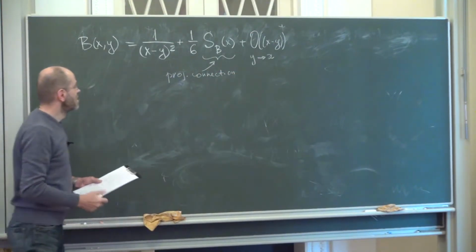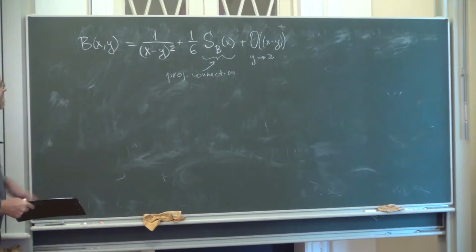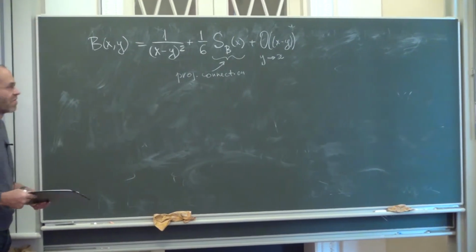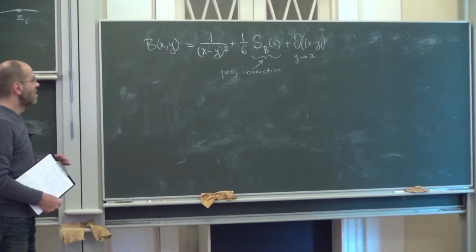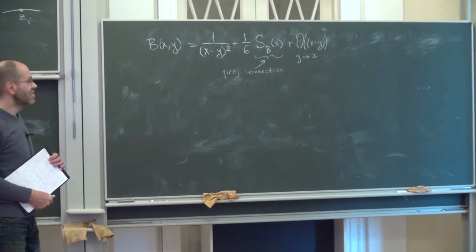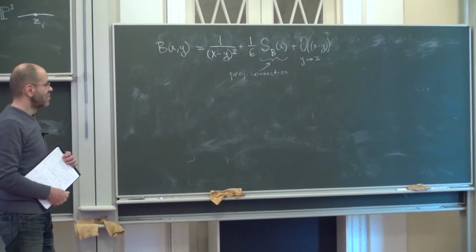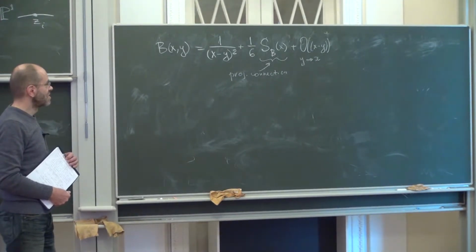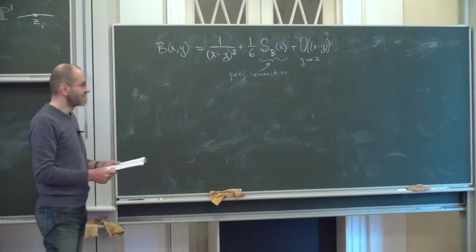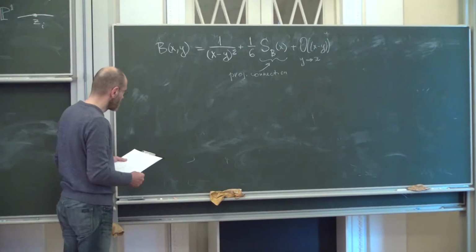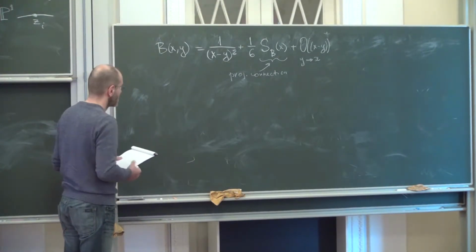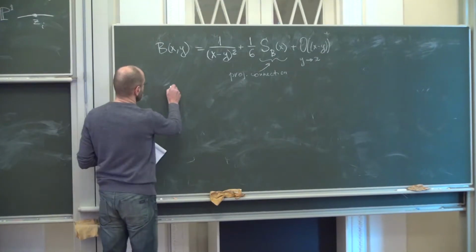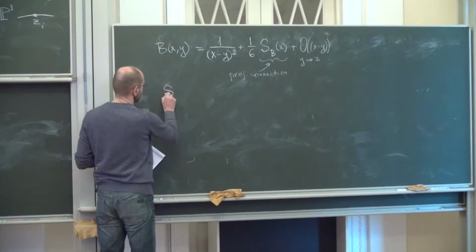What does that mean? It means that under a local coordinate change, it transforms like a quadratic differential plus an additive term that is just the Schwarzian derivative of the coordinate transition function. So what is the Schwarzian derivative? I'll tell you now. We will also need the Schwarzian derivative